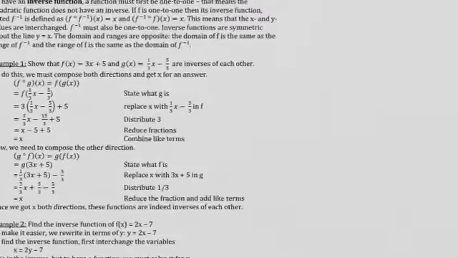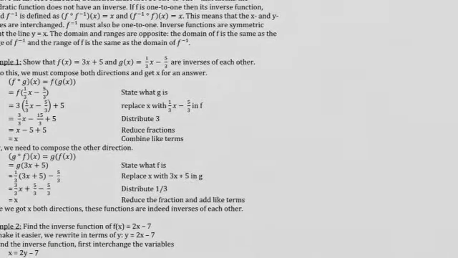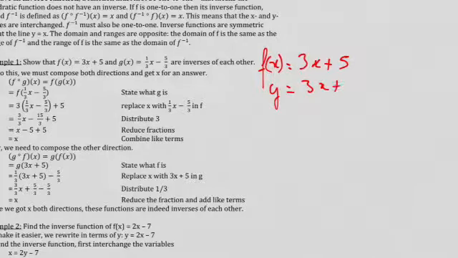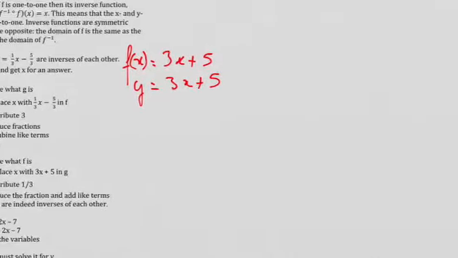So you have a function f of x equal 3x plus 5, okay? If I want to find the inverse of this function, I have to know that this function is a one-to-one function, because if it was not, I would not be able to. So this function is one-to-one, and I want to find the inverse. Right now, what I have is y equal 3x plus 5. To find the inverse, okay,